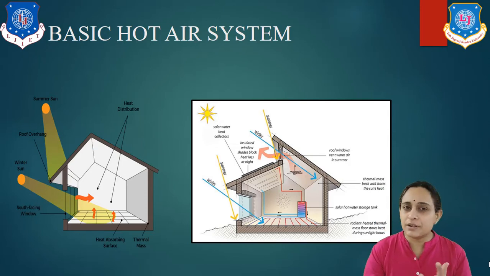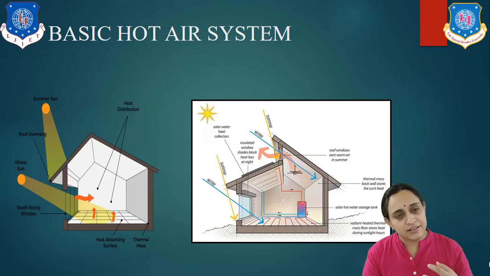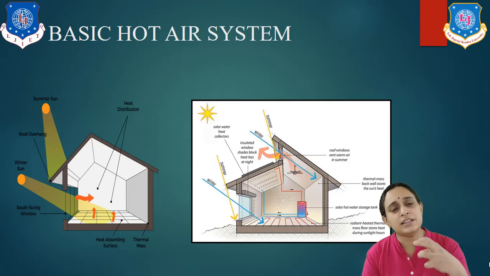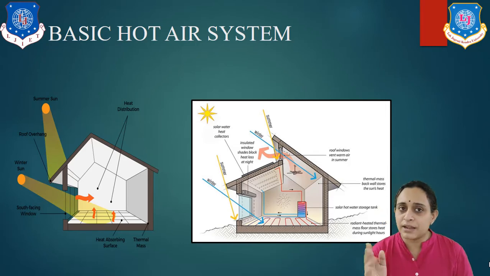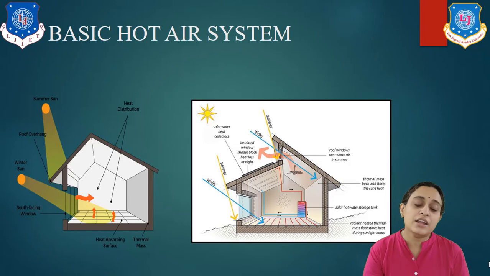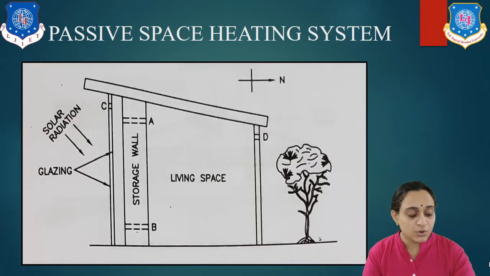So it is a very simple technique. We take cooler air from the room, circulate it through the flat plate collector, get heated air, and then supply it again to the room, as you see in our diagram. Electric heaters are also fitted in the heat storage tank as a backup to be used when solar radiation is not there. Obviously, it is very important. In this system, there is no use of water, hence there is no problem of corrosion.